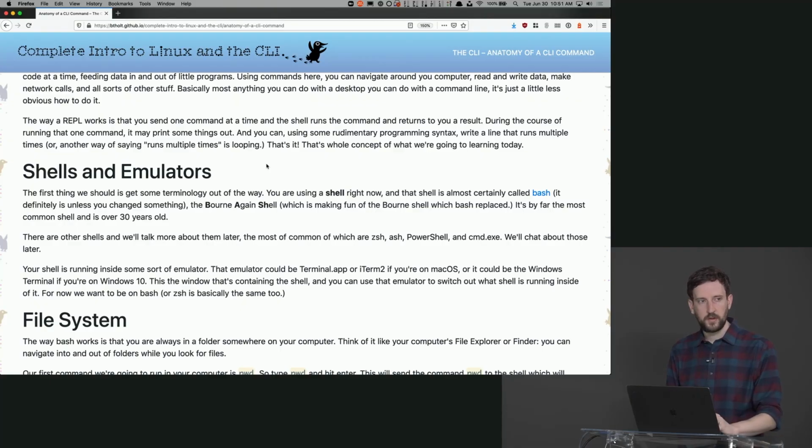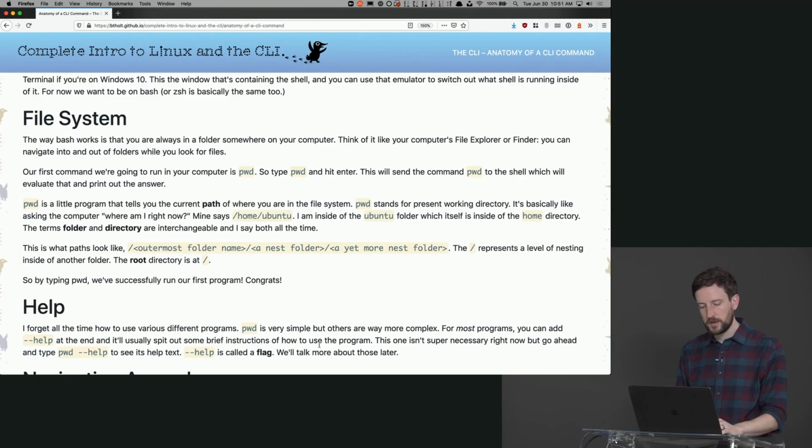There are other shells, and again, what I'm going to teach you today mostly applies to them. So if you're talking about Ash or ZSH or cmd.exe or PowerShell, a lot of this stuff will apply to it, but they'll just be slightly different. I'll be honest with you, my favorite shell is actually Fish shell, but it's different enough that you have to do some different things. Going back to our shell,